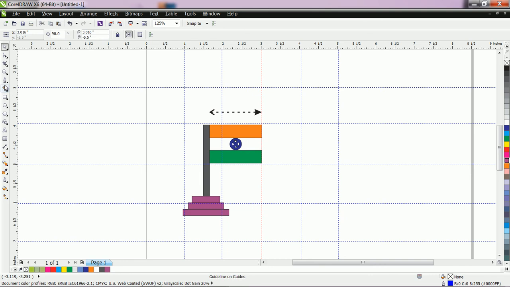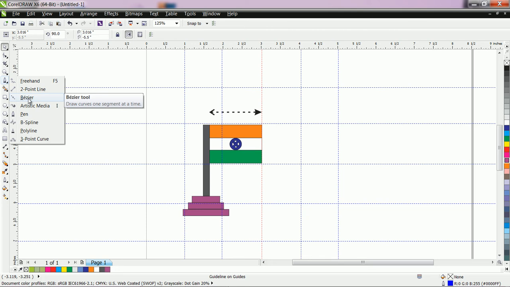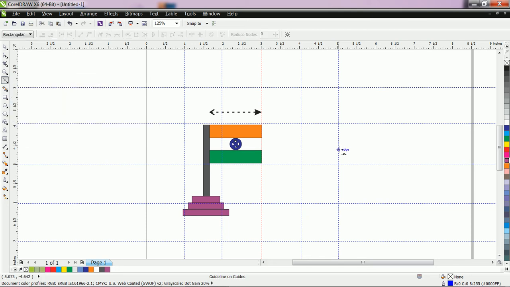Here is only a practice, you have to only practice the two tools, bezier pen tool, and if you want to edit some shape, then you have to use for that purpose shape tool. With the help of shape tool you can edit any node. You can also add node with the help of shape tool. You can also remove node with the help of shape tool. If you double click here, then one node is added. If you double click here, the node is removed. Okay, like this you can use shape tool.